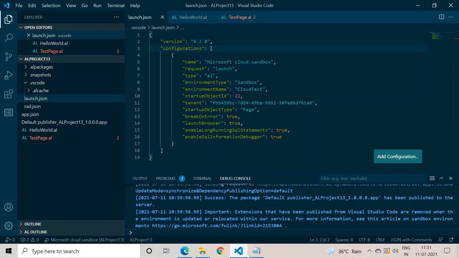Today in this video we will learn about the JSON file. As we all know, the future is JSON, and you can understand it when you create a new program in the AL language. Every time you create a new project you will be greeted with this launch.json file and app.json file, right?